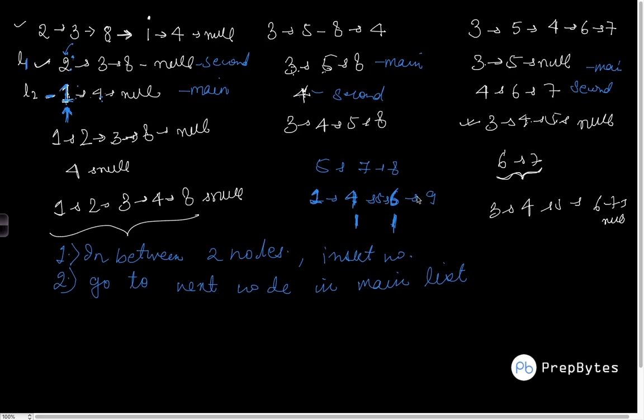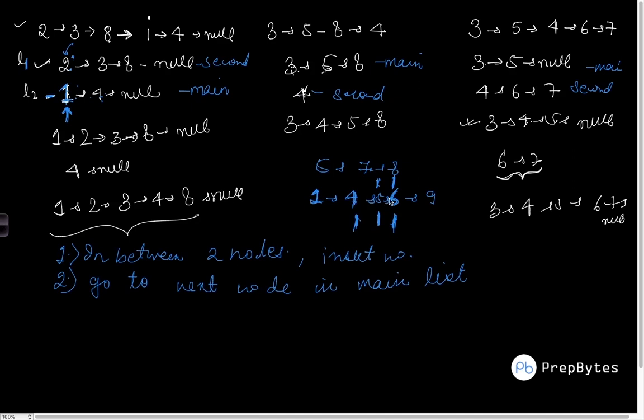Now I'll go to the next node in the list, main list as well as secondary list. Initially I was checking between these two, now I'll check between these two. We will see exactly how we are keeping the pointers. I'm just trying to give you an idea of the different conditions. In this case, we simply go to the next node in the secondary list, as well as the next node in my primary list. Okay, so this is one situation.